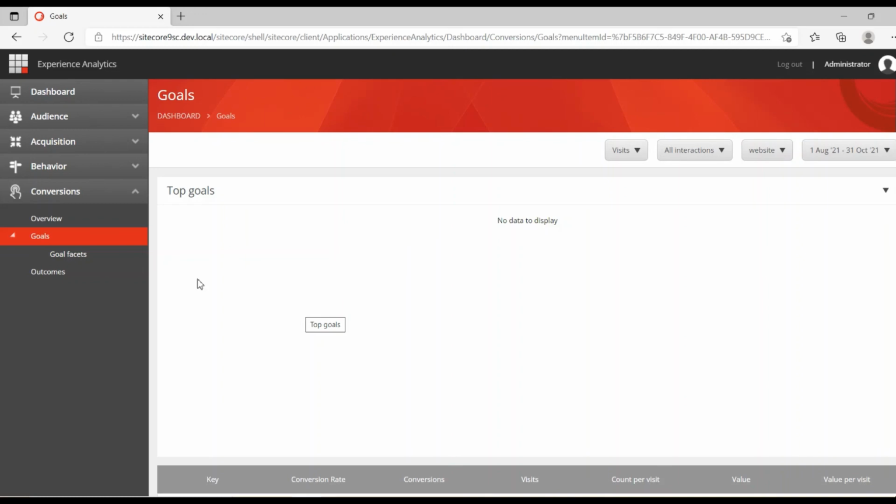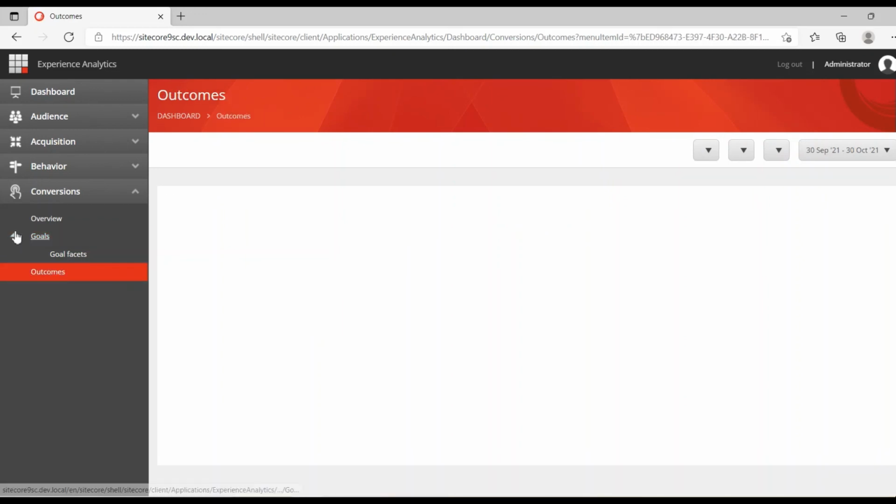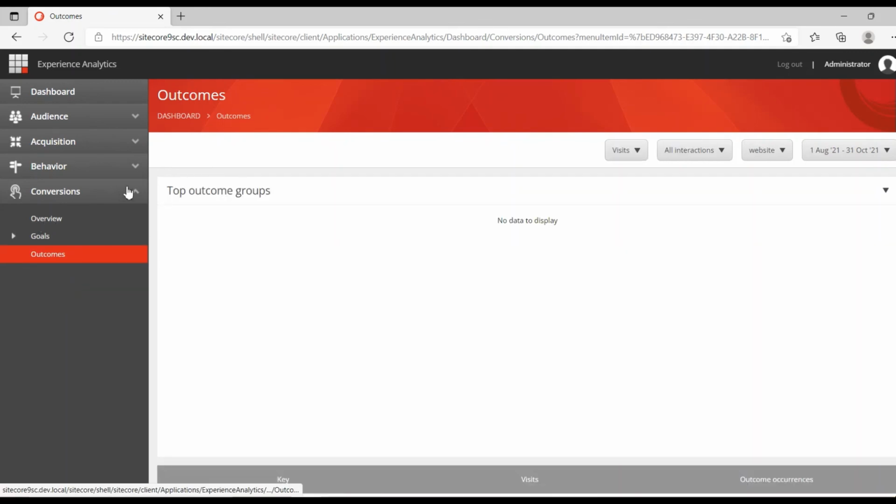Experience analytics reports will be very useful for marketers to understand the market. They can understand the visitors and visitor behavior, which device they are using, which page they are mostly visiting, and which component they are clicking most. Those details you can get using experience analytics. It will be very useful for marketers to decide their target, to know about the customers, and to make decisions accordingly.